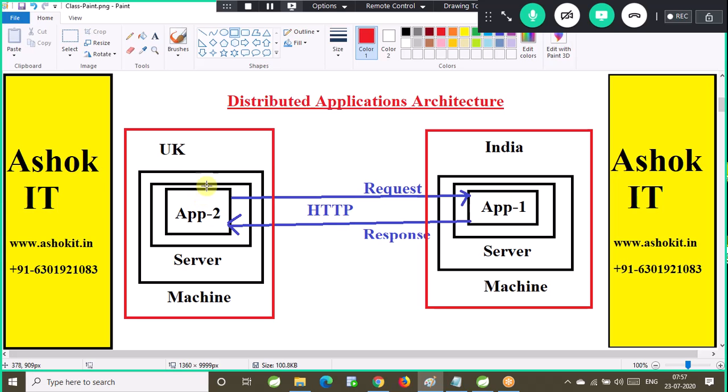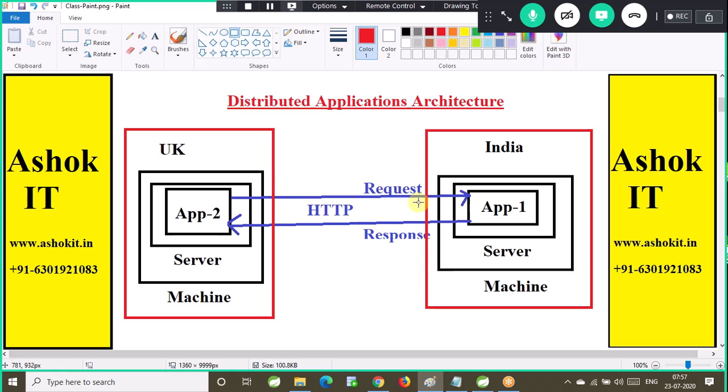So client and server, client and resource, consumer and provider. Different terminologies are there. Consumer wants to access the provider in the web services terminology. In RESTful services terminology, client wants to access the server. If a client wants to access the server, client should send a request by using the HTTP protocol.